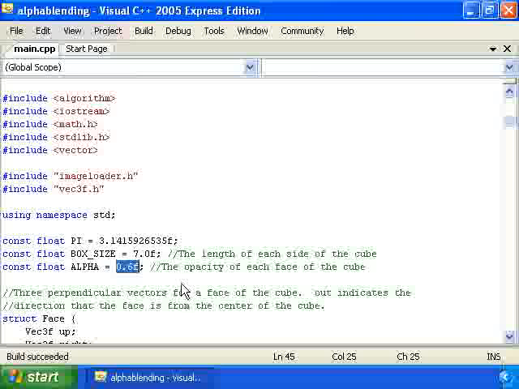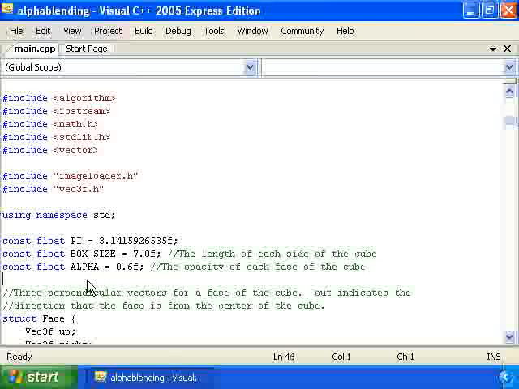And let's take a look at some of the code now. First of all, we have a few constants. We have pi, which I'm just going to make a little longer just to show off my nerdiness. But anyway, I know a ridiculous number of digits of pi, but that's kind of a side point. So then we have this constant right here, the length of each side of the cube, and we have our